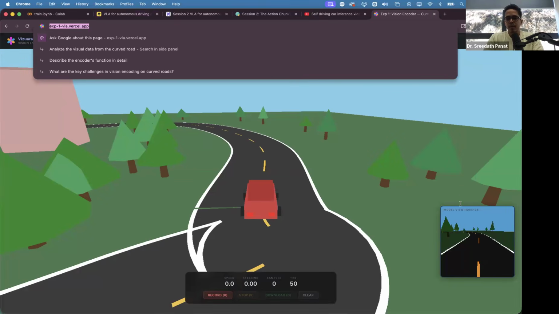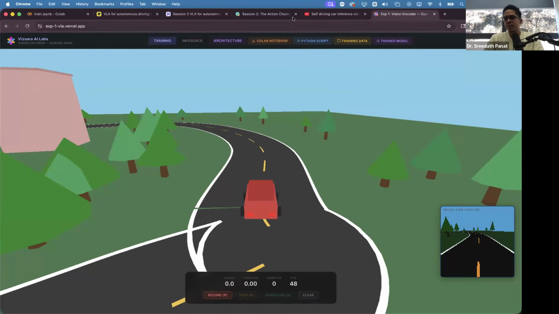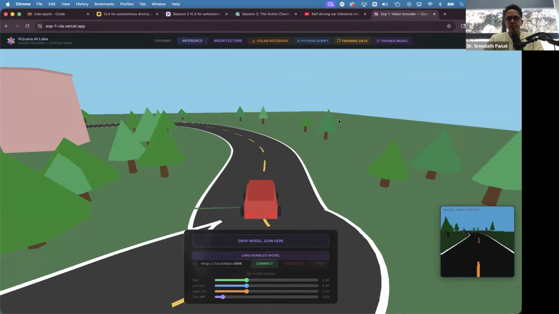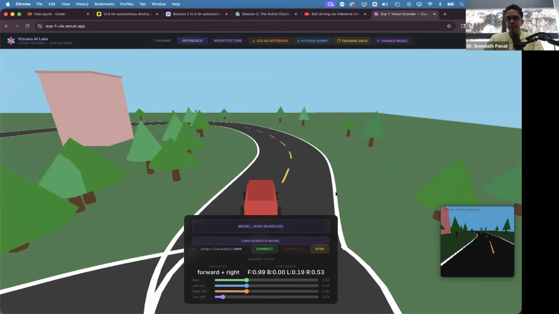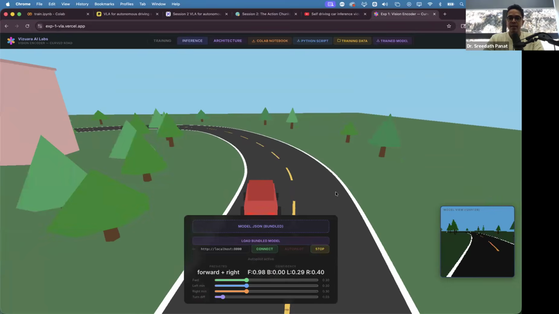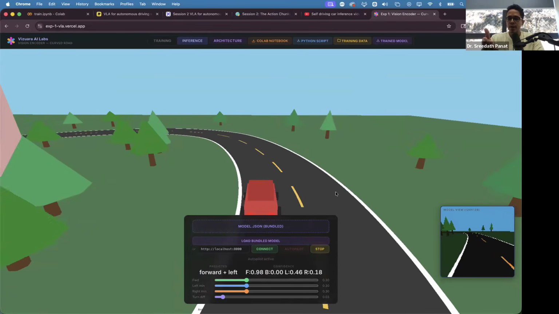So now, if you go to this link, exp1vla.vercel.app, I have already trained the model. It was such a painful thing to train these models. It took me so much time and so many experiments. It's still far from perfect. But what you can do is, you can click this inference, and I have made your life so easy, you can just click load bundle model. It will load the model, and then you can click autopilot, and it should move in autopilot, although in a very, very bad fashion, in the sense that it can barely navigate. Right now it looks okay, but